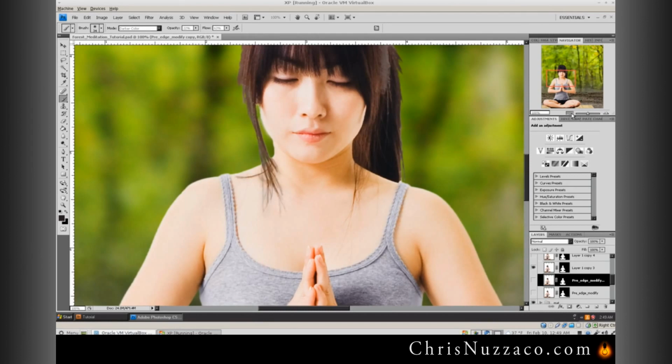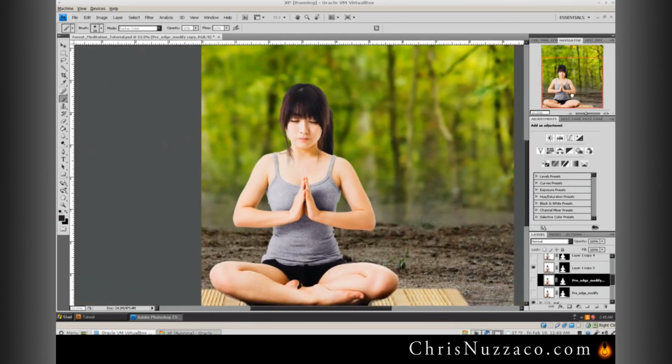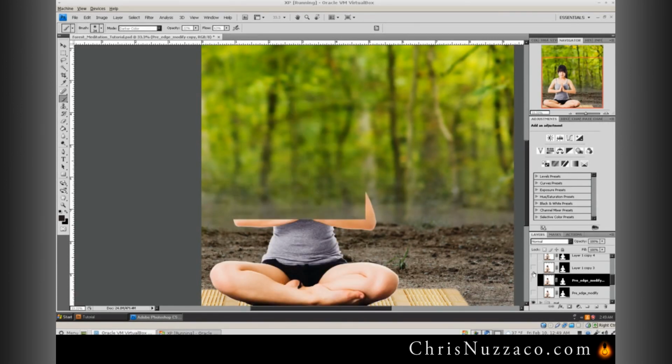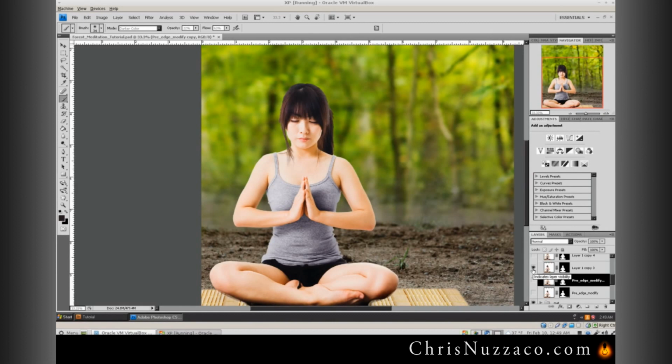So I'm going to go ahead and show you guys another comparison here so you can see. This is with the painting on the edges and this is without. So already there's a massive difference. She's already looking like she belongs in the picture more than she did before. The other problem we're having with this girl is that she does not have her highlights like on her face